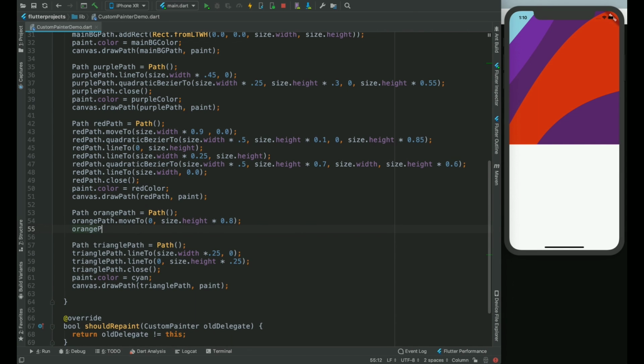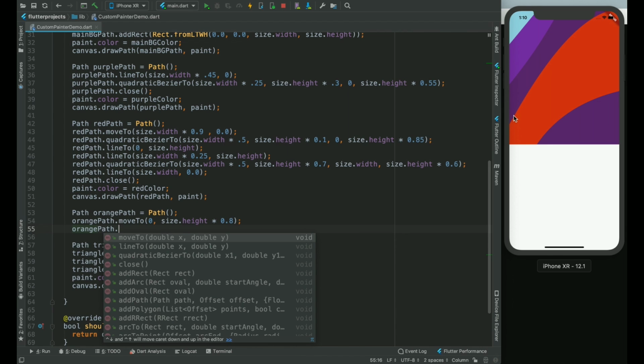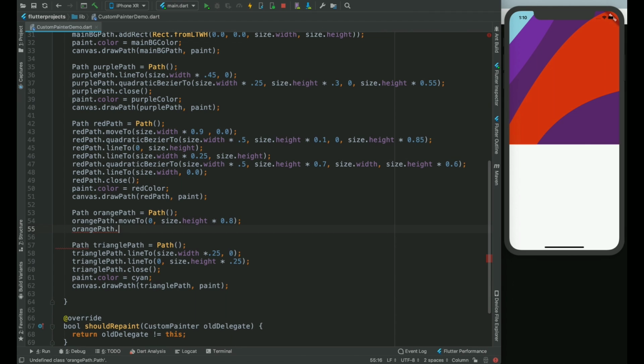Now the orange path, we are here. Now we have to make a curve. So let's make the curve. Why are we starting with a curve? Because there are two ways. From this point you can either go to this or this place. Since it's a curve, if we go from this point to this line, then this line, and then we close the path, the path will not be closed in a curve manner, it will be closed in a line, but we need a curve, so we will start with a curve first. Okay, so let's make a